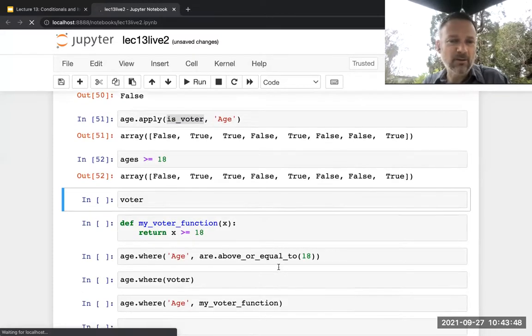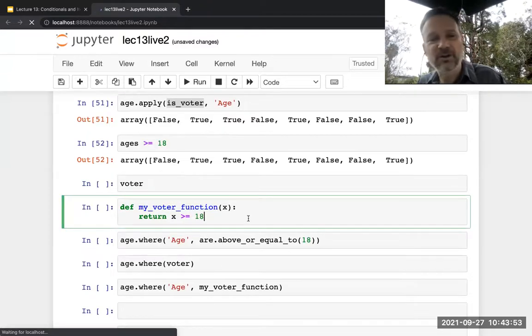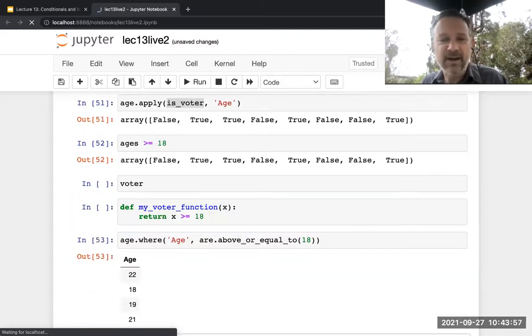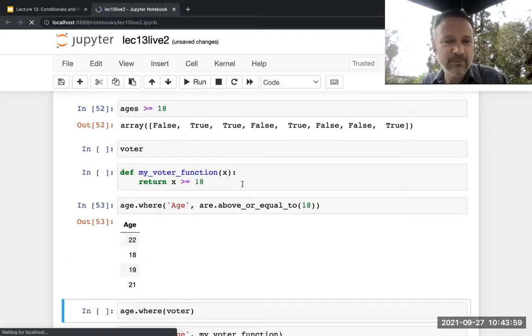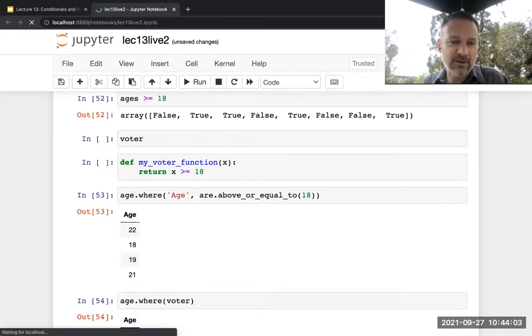Okay, so multiple ways you could do a where. One way is you could use a predefined condition that we show here. Another way is you could use an array of trues and falses.